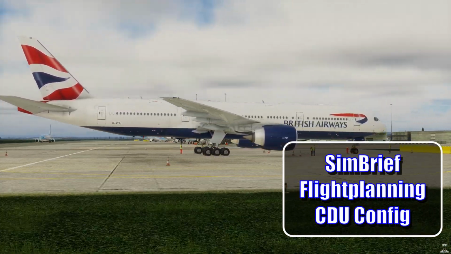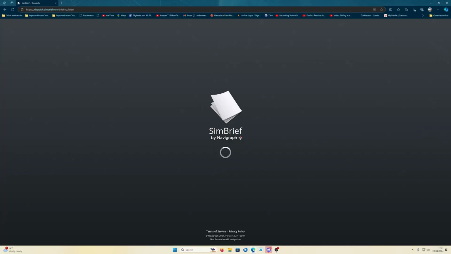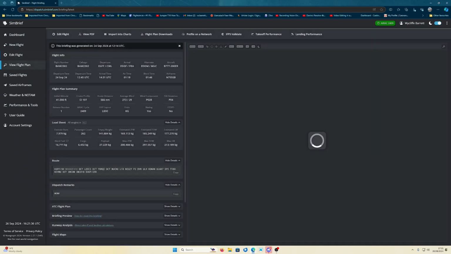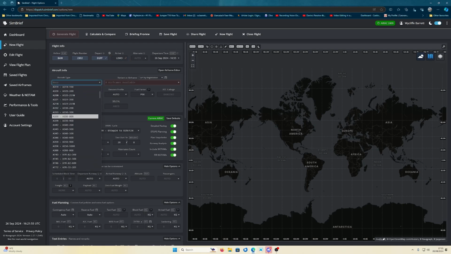I don't suppose I really need to tell you that much about simbrief, because if you've been using it for a while you'll understand exactly what is required. So you need to create a flight plan. We're not actually going to fly, but we're creating a flight plan from Cardiff to Madrid, as you can see there, and you've got to choose your aircraft,